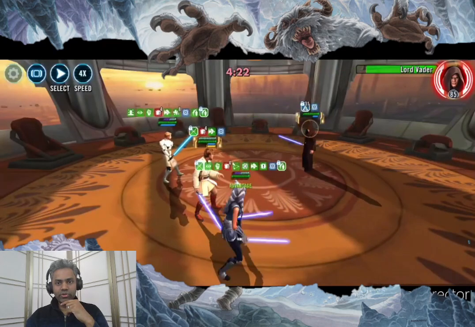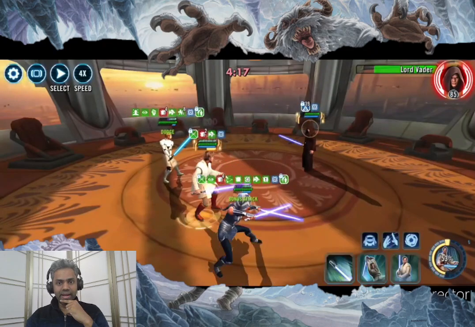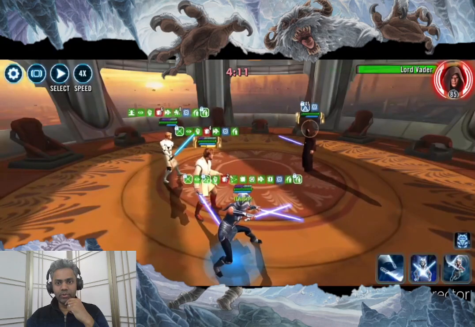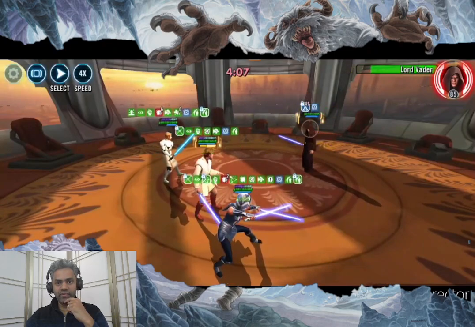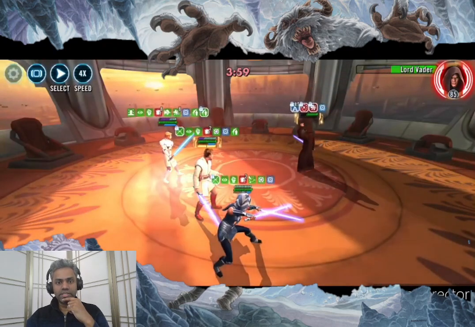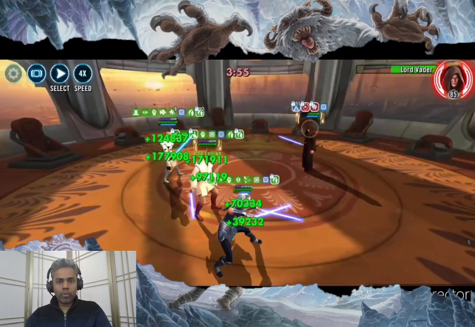And then what I'm doing is just saving up, powering up my Cat and making sure that I am able to land a big hit with Cat once I have generated enough special of a critical damage based on the assist from everyone who has Sheen, which in this case is General Kenobi. All right, so I pop my ultimate,